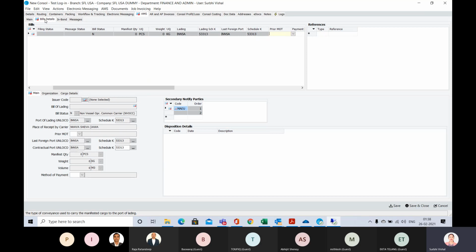Another question that we have: a lot of our effort goes on tracking the containers, especially in case of connecting vessels, whether the container has been connected or not, and whether we need to refile the AMS or make changes. Is that done automatically on CargoWise, or do we have to do it manually? Container tracking is there. But for AMS, suppose you have filed AMS for the coming vessel and your shipment got rolled over to another. In that case, you have to refile the AMS.